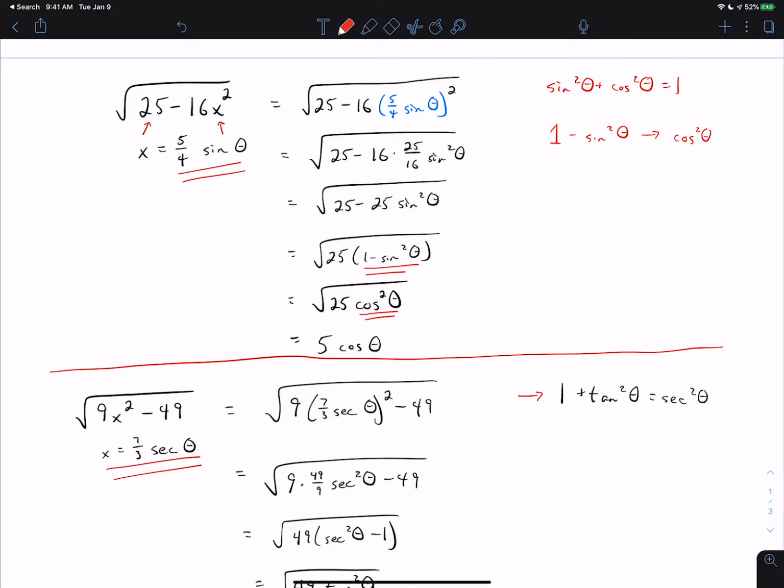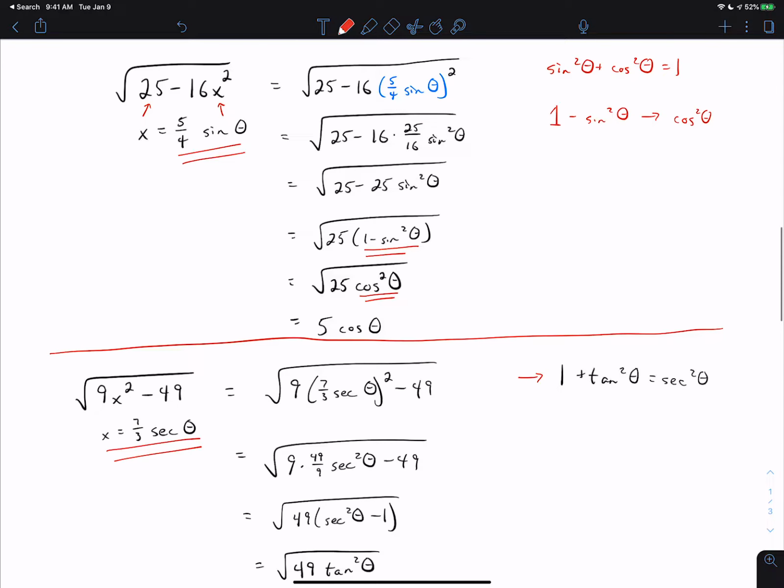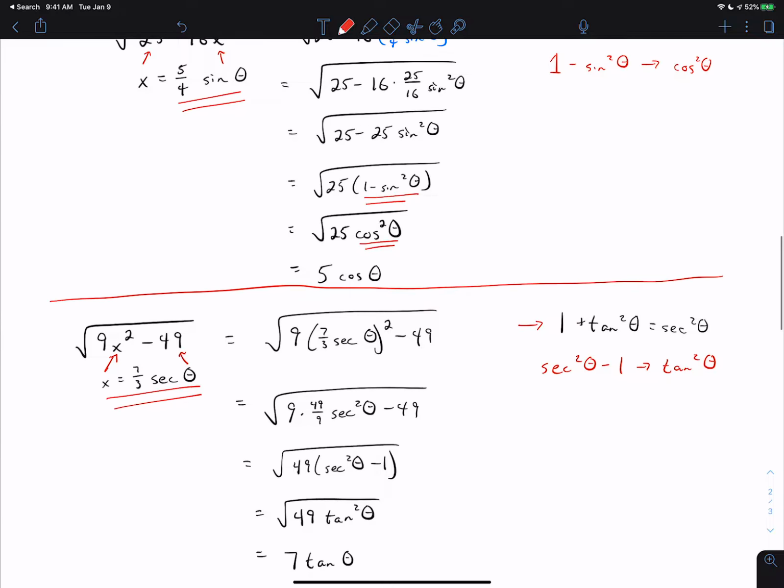So on the bottom problem, the way that I knew to pick secant is I knew that the trig function would end up in place of x. I will get 1 in place of the constant term and a trig function in place of the x. I knew then that I could get secant squared theta minus 1, which can be replaced with tangent squared theta. That guaranteed me that I was going to get a positive trig function squared, which would be easy to take